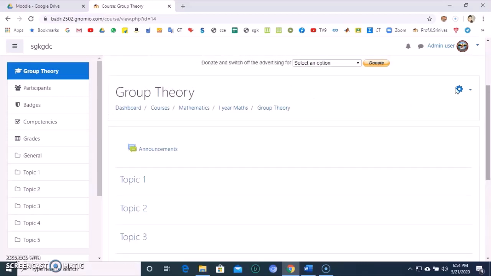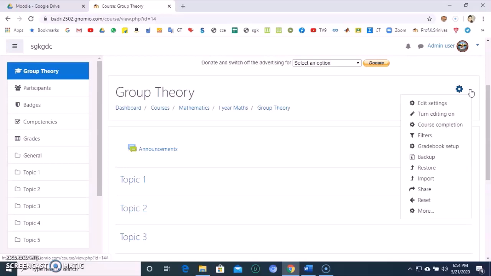So here in the settings option, just beside group theory or course, if you select it, you will find many more options. The first one is edit settings and the second one is turn editing on. When you click on this first option, edit settings, you make changes to the course, the name of the course or the number of sections, just like we have created our course.